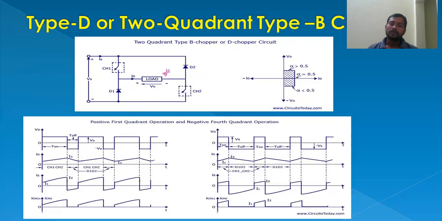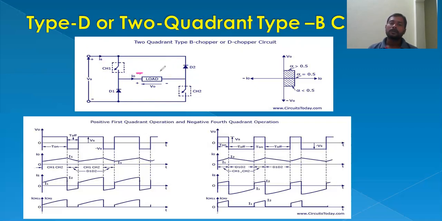So this is positive and this is negative, so the path for the flow of current is in this direction. Because diodes D1 and D2 both will be forward biased, the inductor releases its energy back to the supply. Back to the supply is nothing but in this direction. This direction is the supply direction, but the current direction is reversed. That's why this is back to the supply.